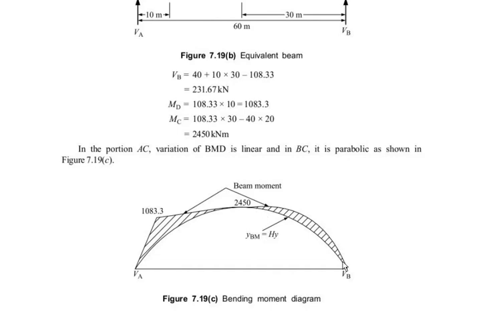Okay, so mark the value of bending moment at D here, and mark the value of bending moment at C here, and at B it is 0, and the variation is parabolic, and from A to D it is linear, and D to C also it is linear. So just see the outer line, that is the beam bending moment diagram shape.